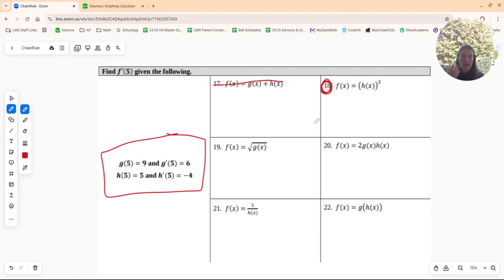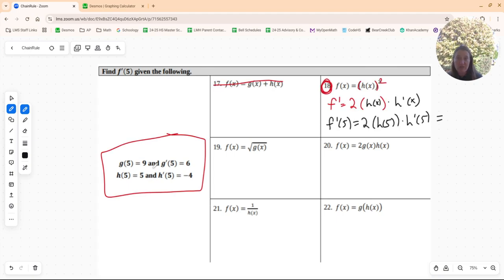I'm asked to find f prime of 5, and I'm noticing that f is a composite function. There's a function inside a function. The outermost thing is squared, so f prime is going to start by saying 2 times blah blah blah. If I just by rote plug in the chain rule, f prime would be 2 times h, doing the power rule, the derivative of something squared, and then h prime by the chain rule piece. So f prime of 5 will be 2 times h of 5 times h prime of 5,